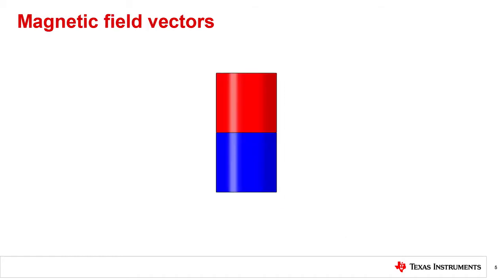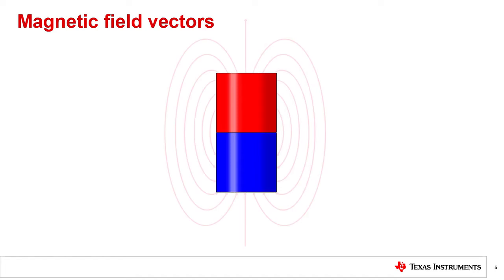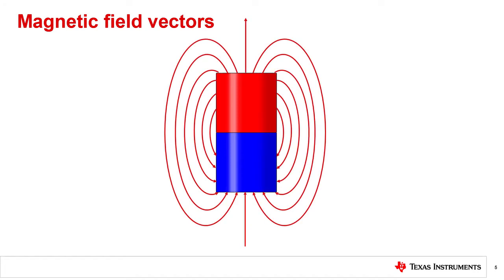When we trace out a sample of the field lines produced by a magnet, we observe that the field is complex and that there is more information than could be detected by a single Hall element. Following a single field line helps to visualize the change of the direction of the field vector. As we travel around the magnet, we see the direction of the field vector is constantly changing. Depending on the motion of our magnet, this can result in various measurement challenges.